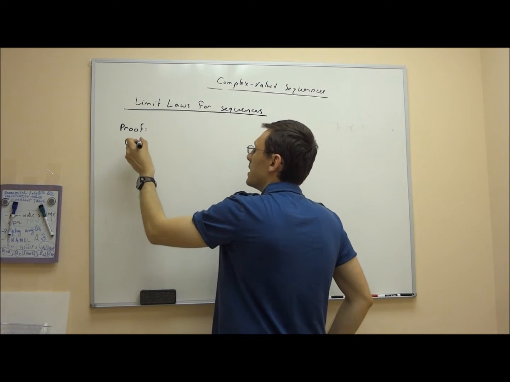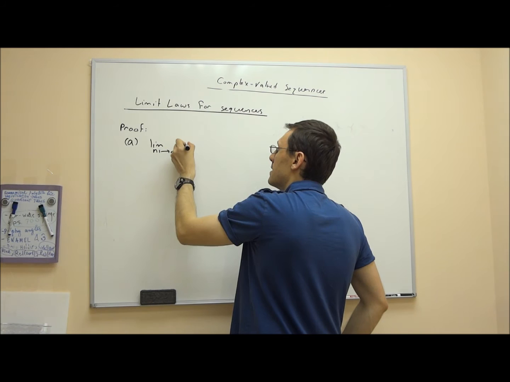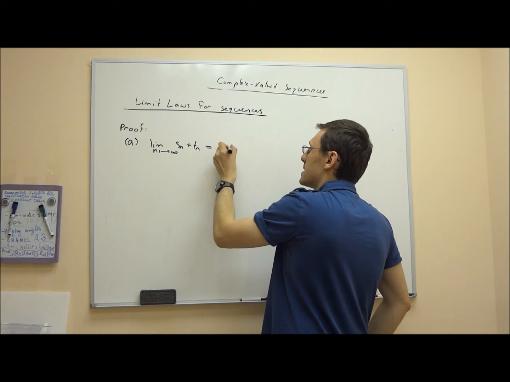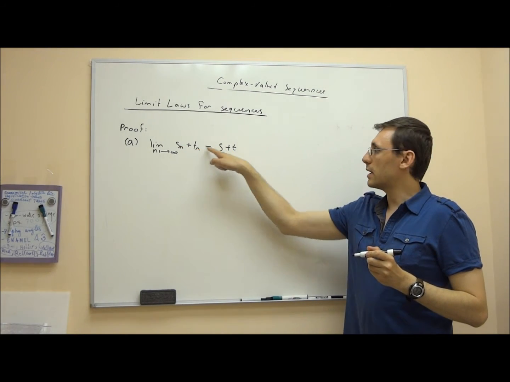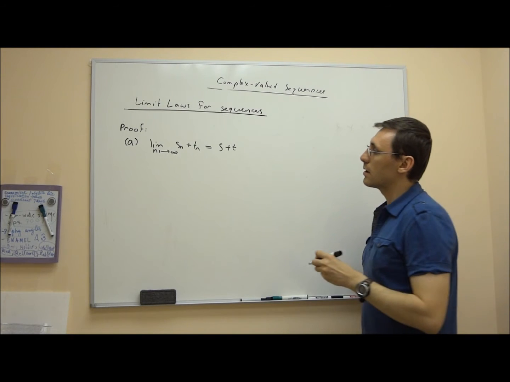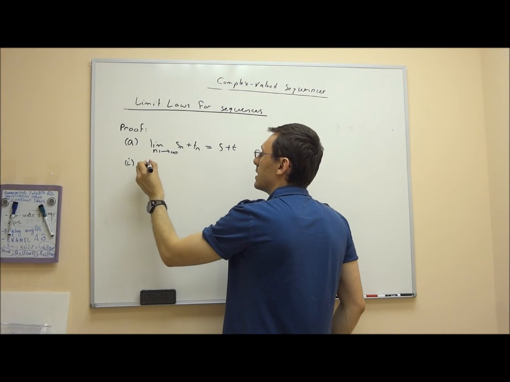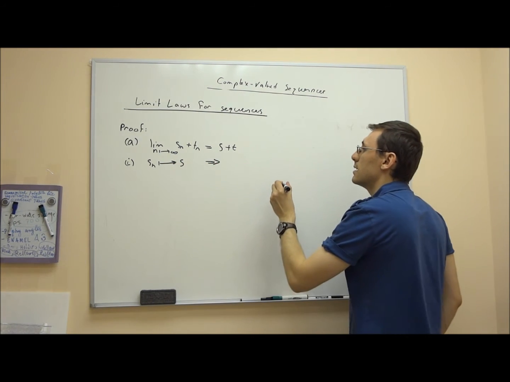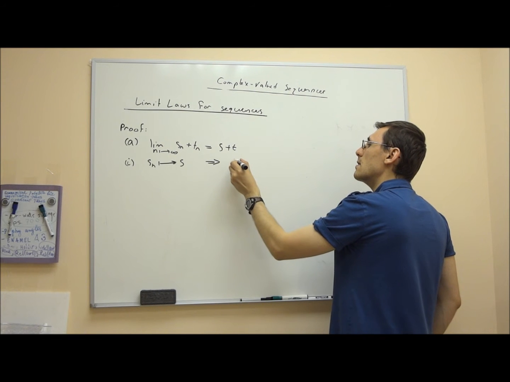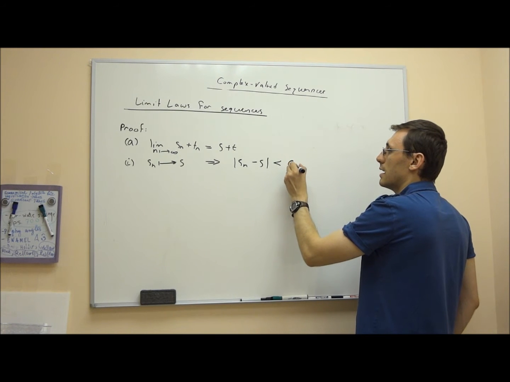Proof. So let's prove part A, which you recall we are showing that the limit as n goes to infinity of Sn plus Tn is just S plus T, where the limit of Sn is S and the limit of Tn is T. So that follows by the delta epsilon. We have, part I, that Sn goes to S, and that implies that the absolute value of Sn minus S is going to be smaller than epsilon over 2